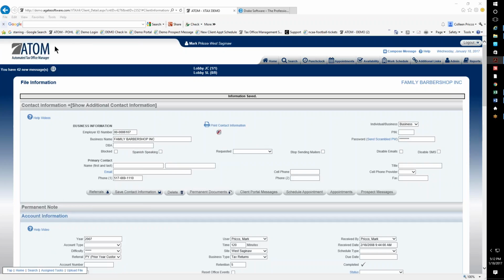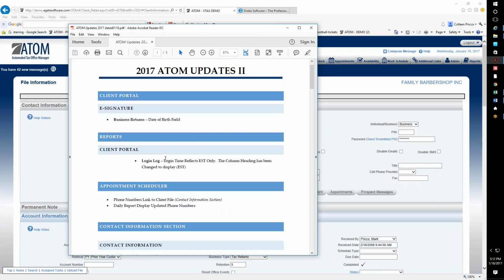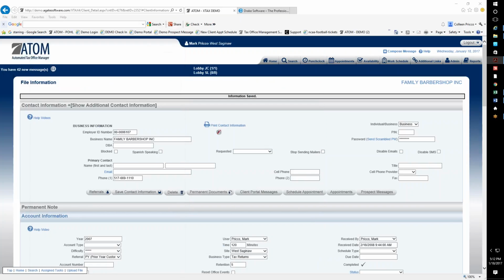The next one, I want to point out here we have reports. The login log, I pointed this out in the last update, that we had it set for Eastern, or it's going to be in your time zone. This is when the client actually logs in to the portal. You can track what time they actually get into your portal. I thought this was set for your time zone, but it's set on our server, which is Eastern Standard Time. So now the report will just display